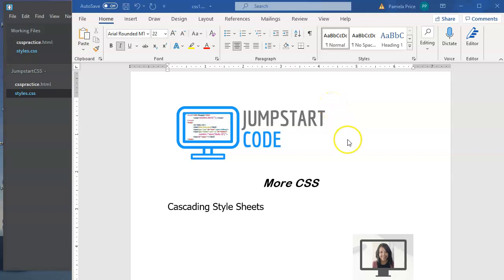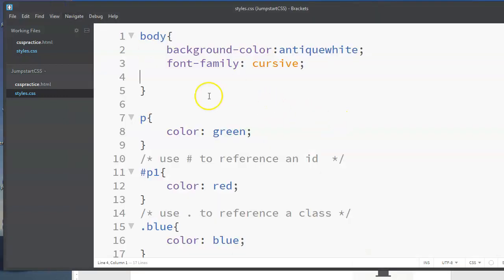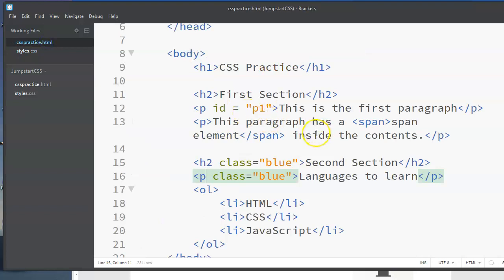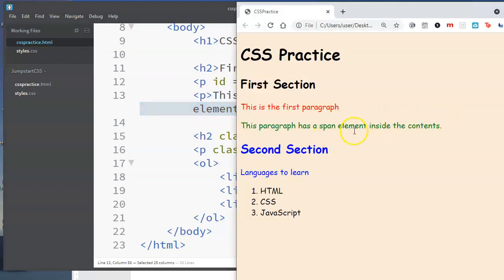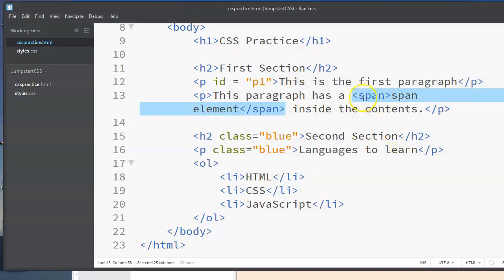We're going to continue and learn some more about CSS and how to actually style and make our pages look pretty. So, what we've seen so far, I have a page just with some random content in it, just so that we can play around. I've got H1s, H2s, paragraphs. I've got a span element. So a span element is how you have content that you can focus on inside of content. And I could style that differently if I wanted to. If I wanted to make this particular content a different color or a different size, let's say we just change